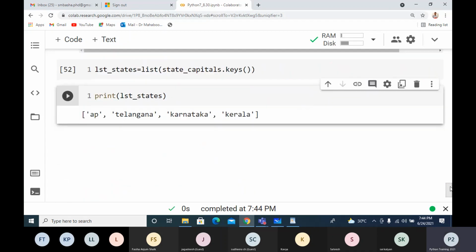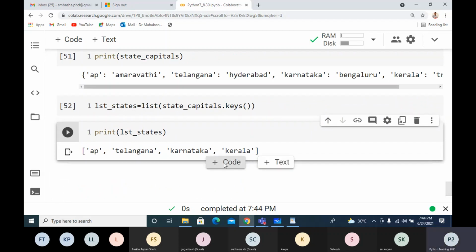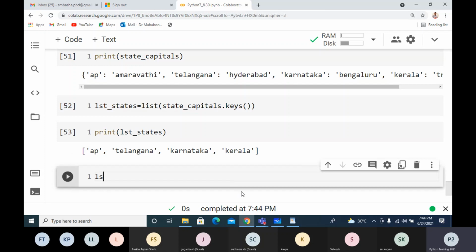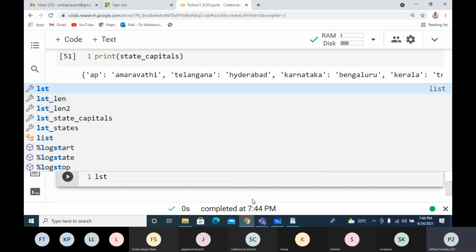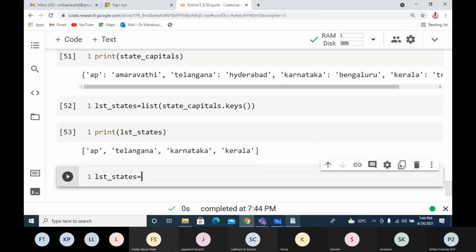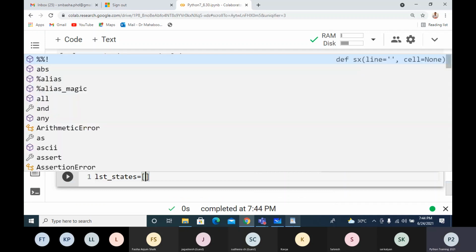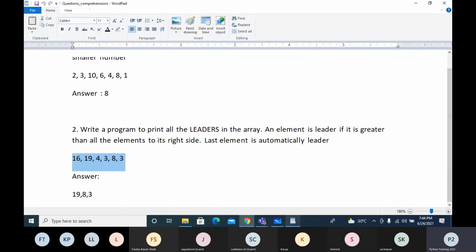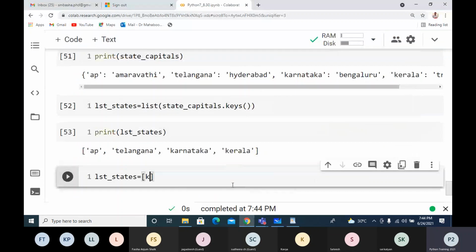Now I can also get the same states in another way using list comprehension. I'll say LST states equals key for key, value in state capitals.